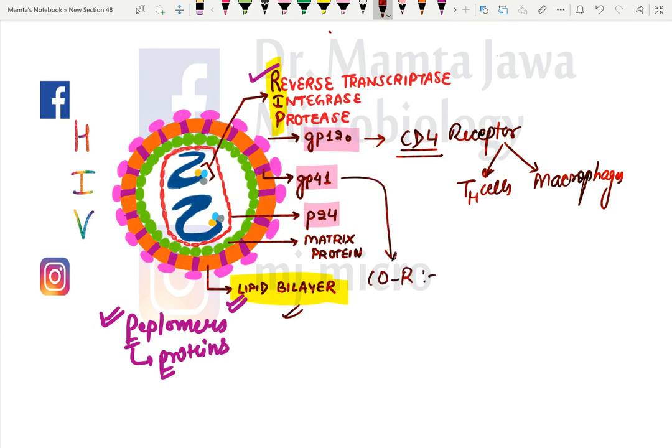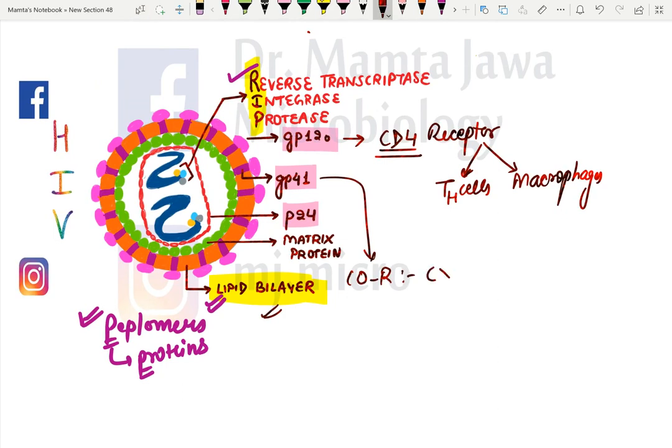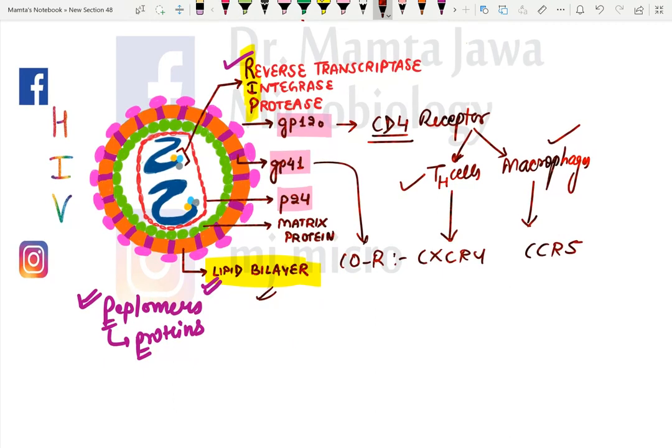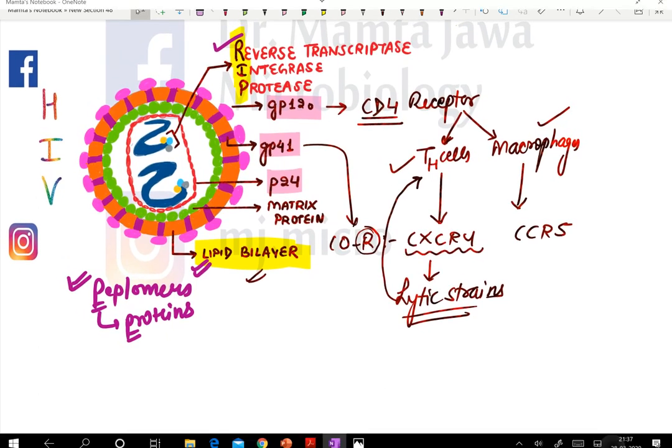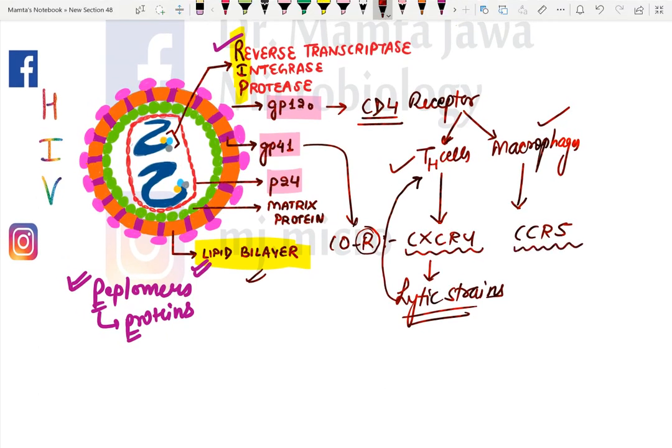Okay, co-receptors, that is CXCR4 and CCR5, which are respectively present on the T helper cells and the macrophages, right? So those strains of HIV which utilize the CXCR4 co-receptor are said to be lytic strains, because they will infect the T helper cells and cause their lysis, whereas those strains of human immunodeficiency virus which make use of the co-receptor CCR5, which is decorated on macrophages, are known as